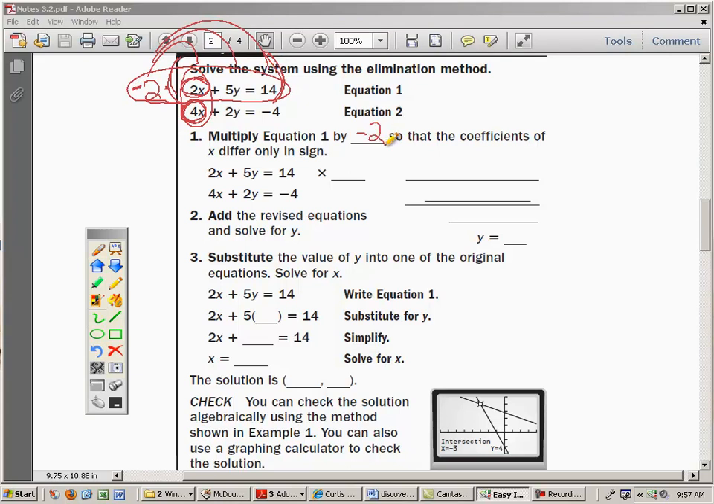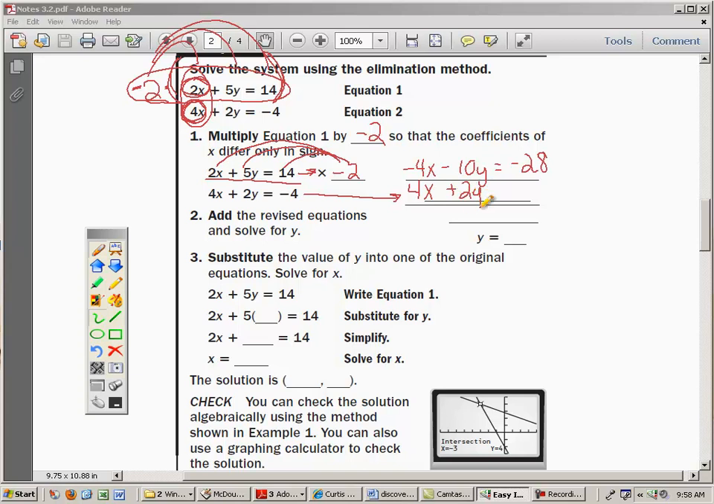Multiply the entire equation number 1 by negative 2. So again, we're just going to say this equation times negative 2. And if I do that, I get negative 4x... sorry, let's back that up a little bit. I get negative 4x minus 10y is equal to negative 28, because I'm going to multiply 5 by negative 2, 14 by negative 2, and 2 by negative 2 and get that equation. The second equation, we don't need to change,